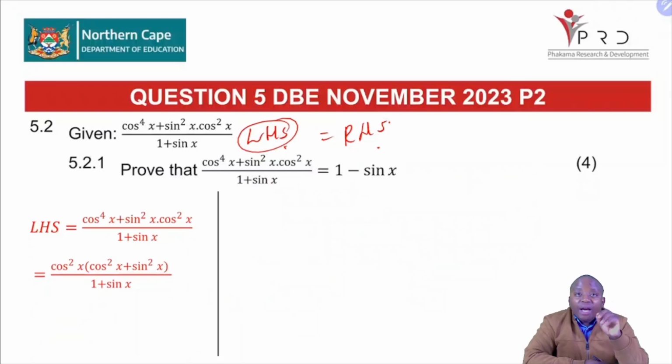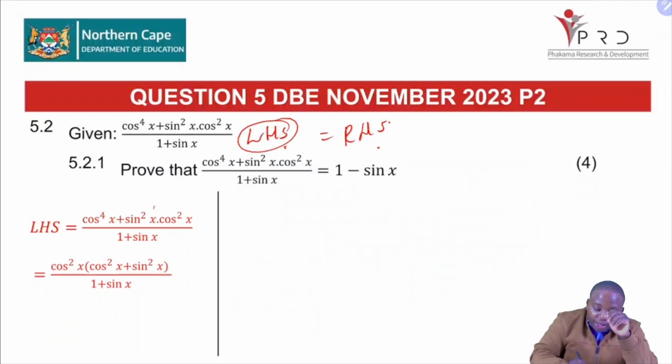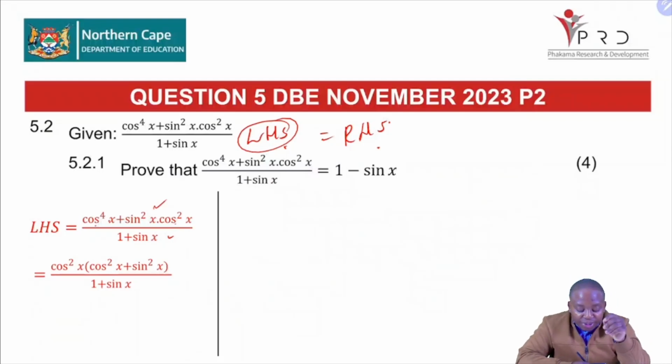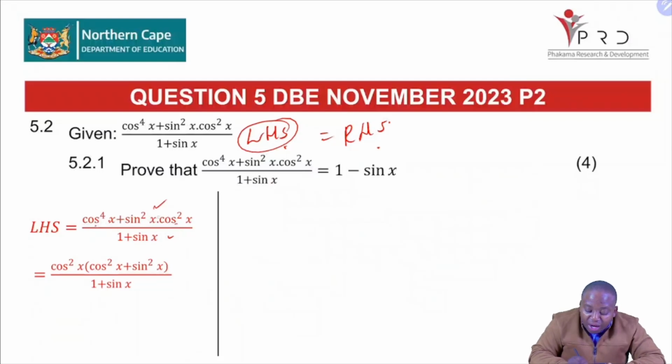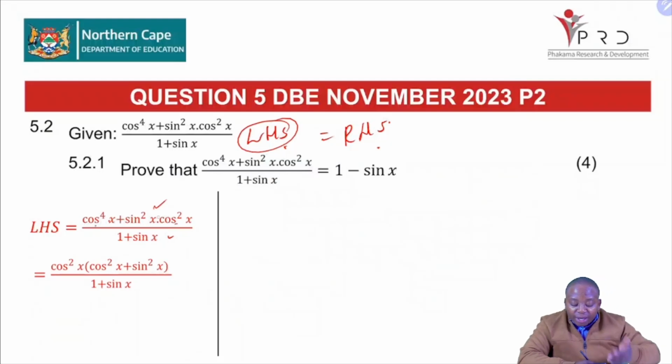When we are looking at the left-hand side, I'm going to look at the numerator and the denominator. What I see on the numerator is the following. I can see that we have cos squared x as a common factor. Remember, grade 12, if it is hard for you to see that cos squared x is going to be our common factor, we can always refer this to our